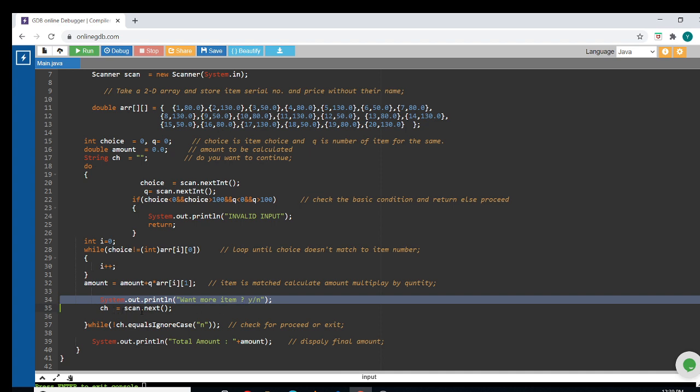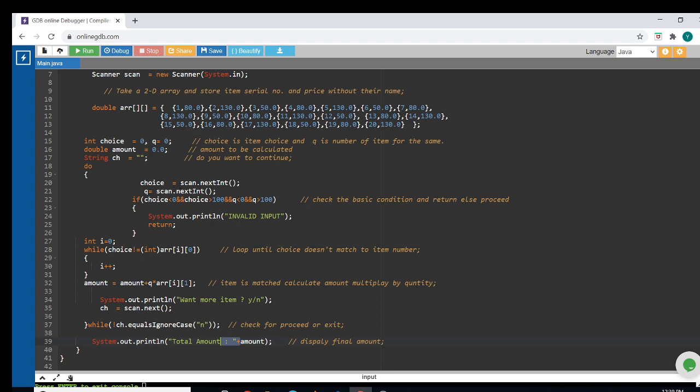Whatever he presses, it comes here and the condition is checked. I am using the equalsIgnoreCase method, which compares with ch. If this is true, it will continue; if it is false, meaning n came from the user, it will terminate the program and print the amount here. Otherwise this loop will continue.